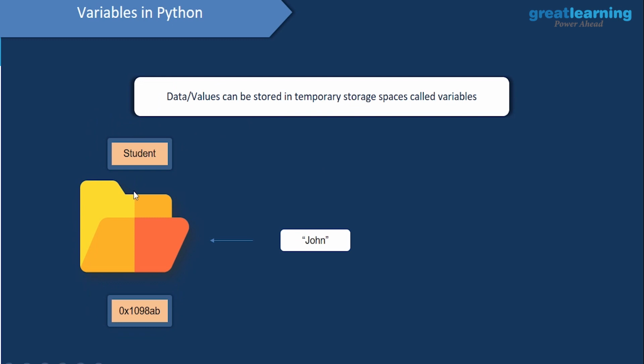Now what we'll do is we'll take this string value. So this, what you see inside double quotes, is known as a string, and we'll take the string value and we will store this in this variable called student. Either we can call it student or employee or whatever we want to. And this variable will have a particular address associated with it.